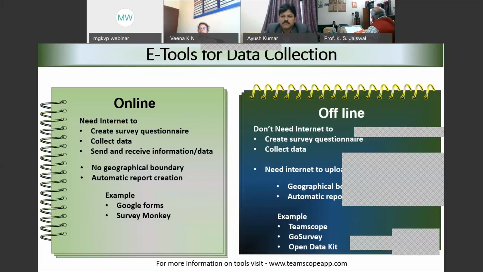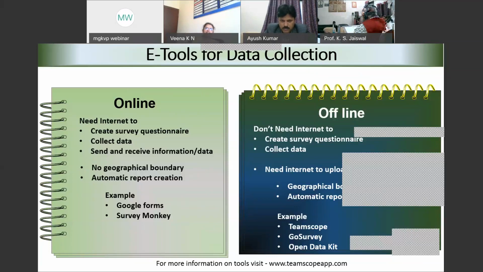We may not be able to live stream it, but we can stream it later in the presence of internet. However, since it is an offline activity, the app that we download can help us in collecting the data in a particular geographical area. We may have to go to the field, use that app and collect the data. So it only helps us in recording the information, but not doing anything beyond that. And this will also not help us in automatically generating the report. And the reports are usually not dynamic because it cannot update the information as and when we provide it.